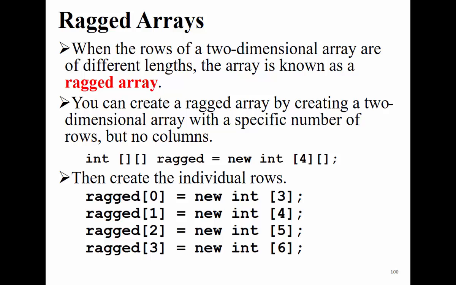And you can see here I have 4 rows and 3 columns in the first row. In the second row, I have 4 elements, 4 columns. So you can do this in Java. So you can have an array of different columns. I can declare an array and I give the number of rows at the beginning, as you can see on the slide, and then later on I decide how many elements in each row.